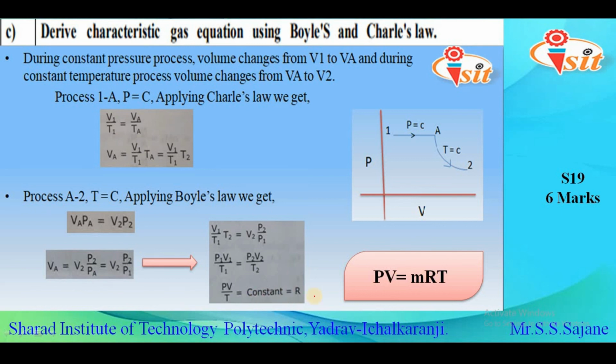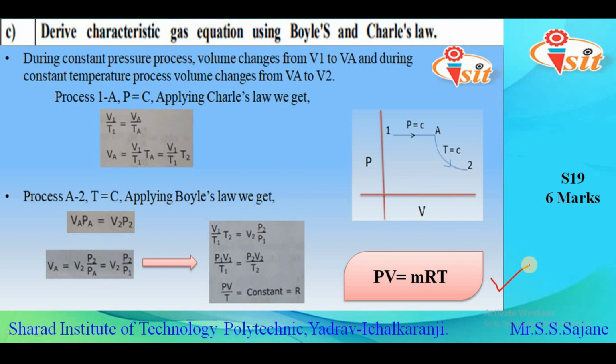And again, if we are considering m kg of gas, then we have to multiply the right hand side by m kg. So the final characteristic gas equation will be PV is equal to mRT, and for deriving up to this step you will be